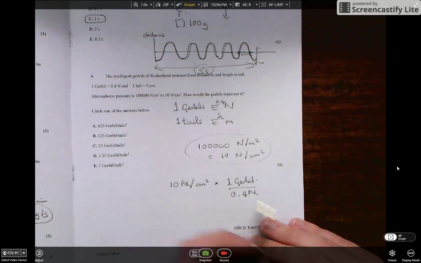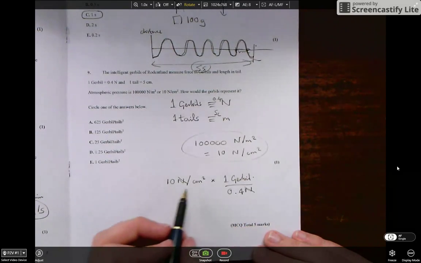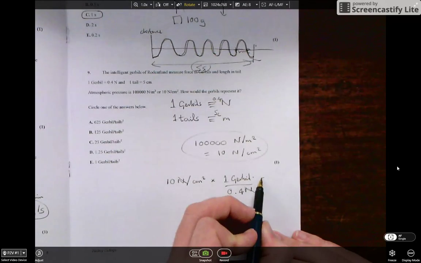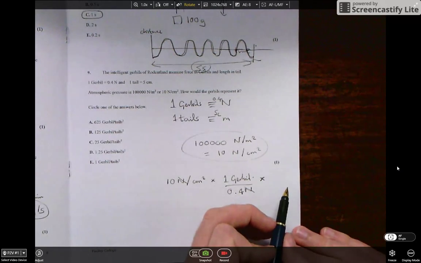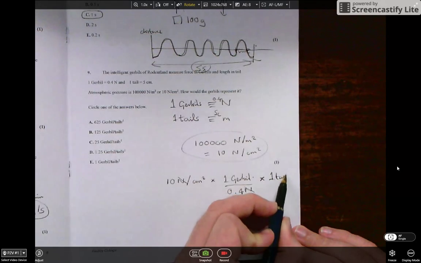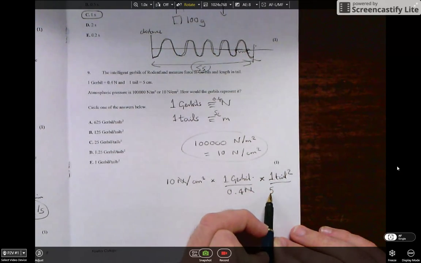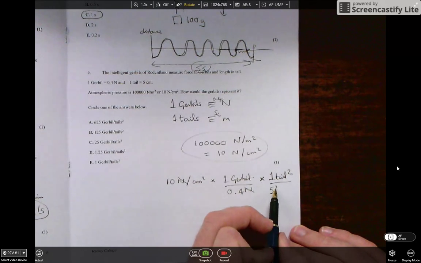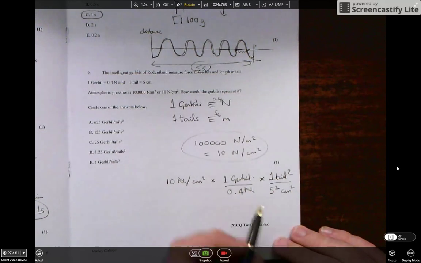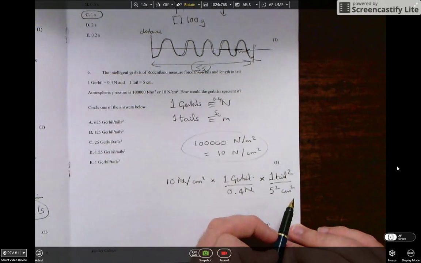And now I'm going to end up with it in gerbils per centimeter squared. But now I need to get rid of my centimeters squared. So I'm going to divide it by 1 tail squared per 5 squared centimeters squared. So overall then I'm going to have it now in